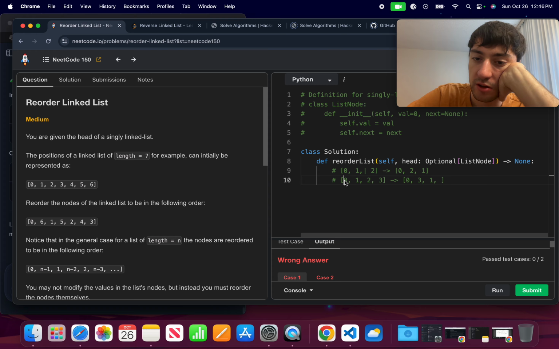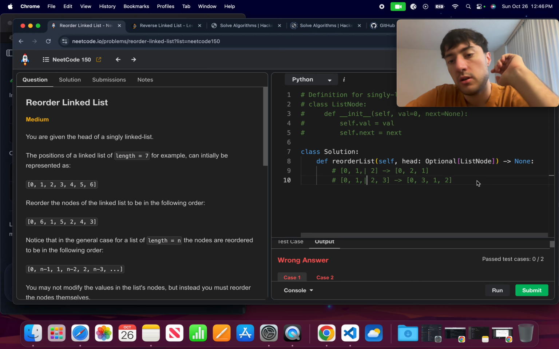So 0, we inserted 3 here, then we put the 1, and now we need to insert 2 into the exact place that it already is. So it kind of feels like I add it like that as well. Okay, so